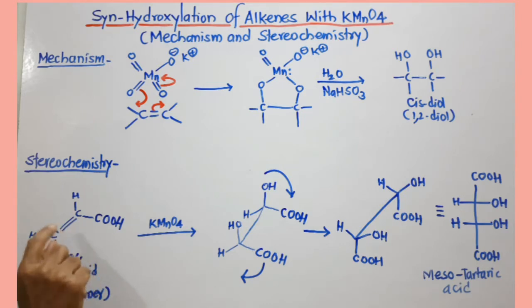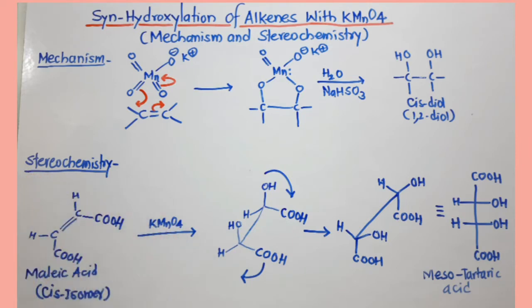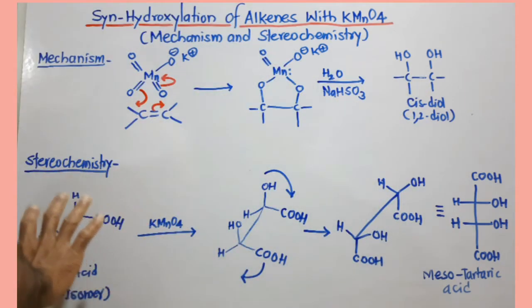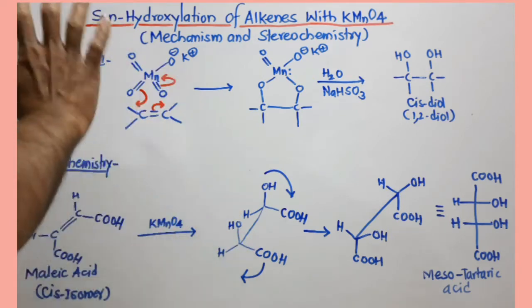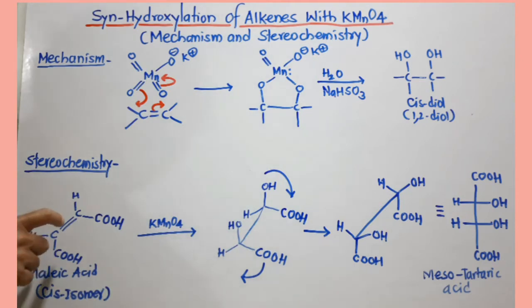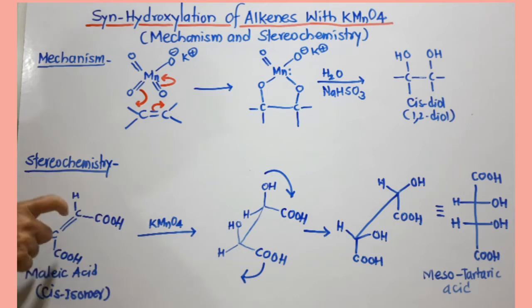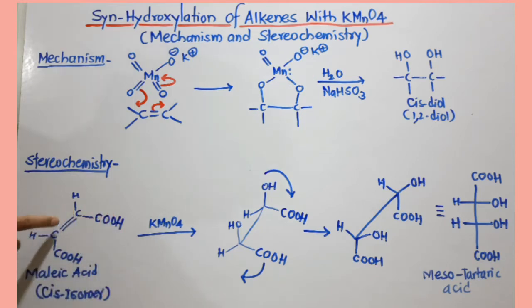See here, the double bond. We are interested in the double bond, and when this compound is treated with potassium permanganate, you have to perform this kind of reaction. We are not considering the mechanism of this reaction here, because we know the mechanism very well. So what happens when this compound is treated with potassium permanganate? Two hydroxyl groups join on this double bonded carbon. This is a planar molecule because of the sp2 hybridized carbon. You can see here, this is trigonal planar geometry.